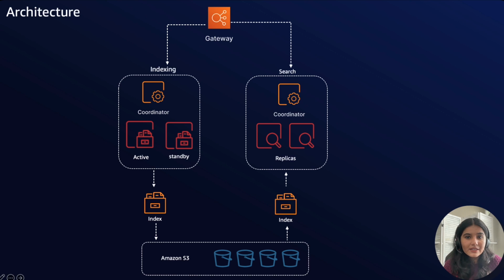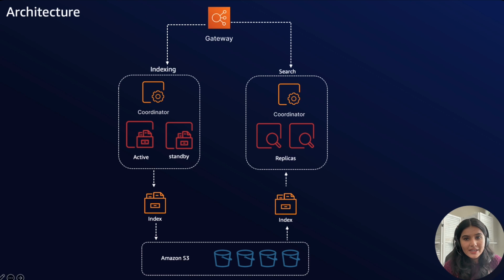So when you write data to a collection, OpenSearch Serverless distributes it to the indexing compute units. The indexing compute unit ingests the incoming data and moves the indexes to Amazon S3. And when you perform a search on the collection data, OpenSearch Serverless routes the request to the search compute units that hold the data being queried. The search compute units download the index data directly from S3, run search operations and perform aggregations.